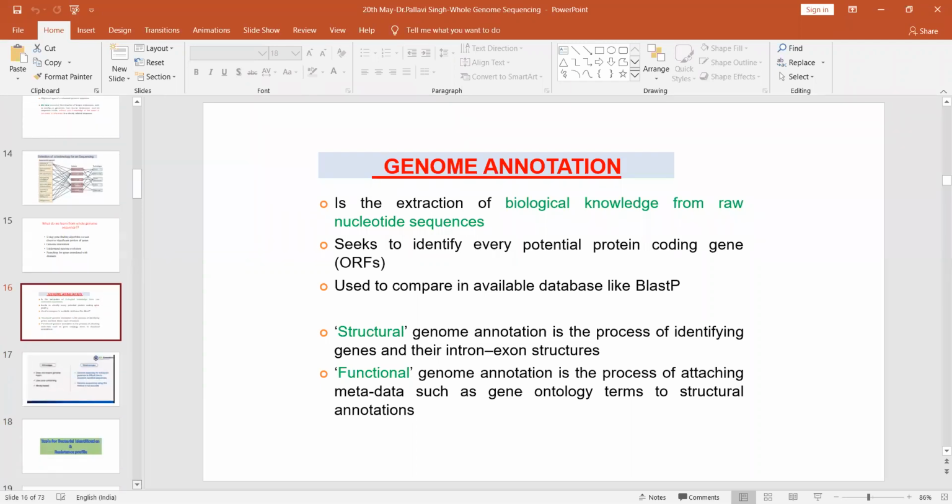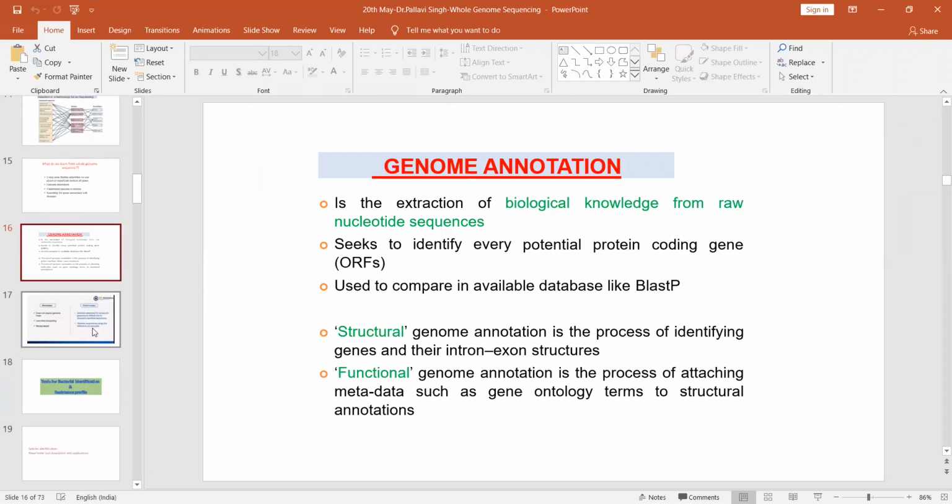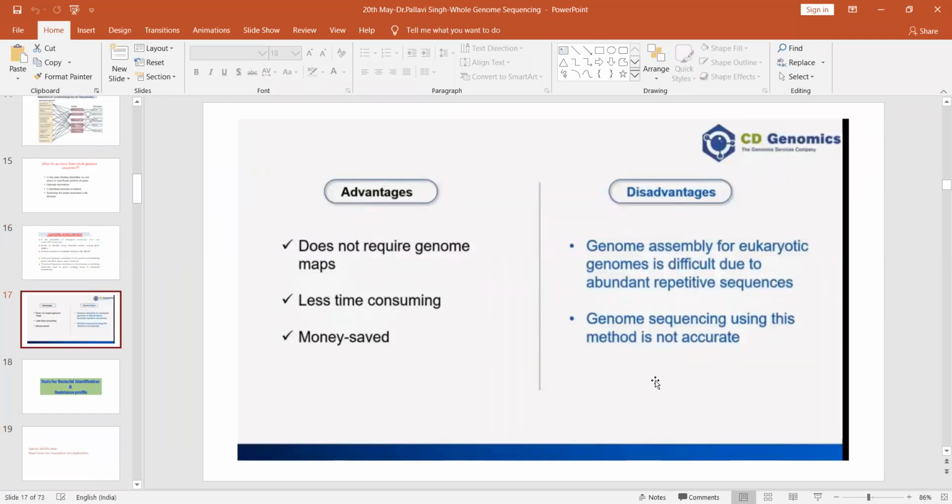Now the question should come: when we already had WGS, why did we have to come up to NGS? One advantage is that NGS gives us high throughput sequencing. You can sequence 4 to 5 genomes within 3 days by using NGS. It is that fast and it gives us that much accuracy. So the advantage was that in WGS we do not require genomic maps. We can go for de novo sequencing, as I just told you. So we do not necessarily need a reference genome for whole genome sequencing.